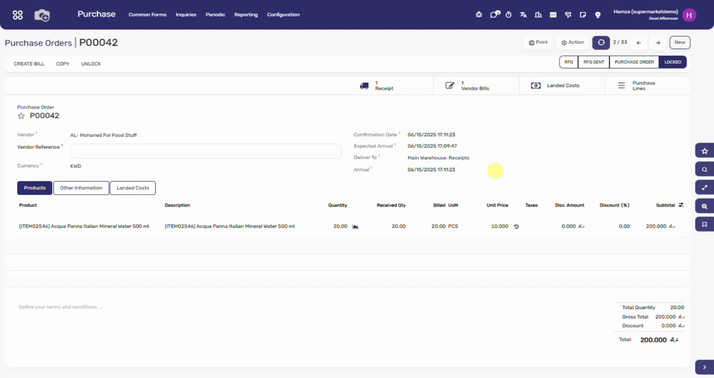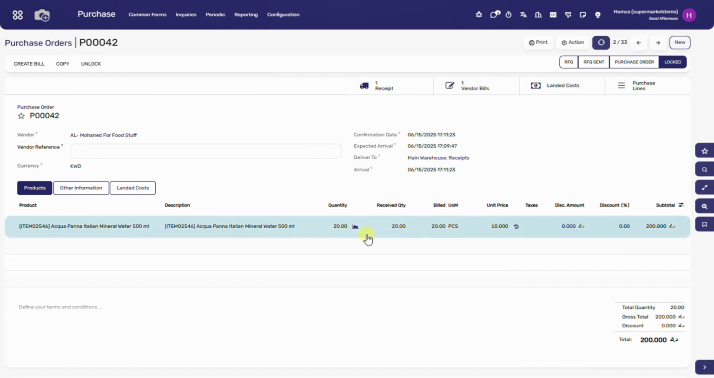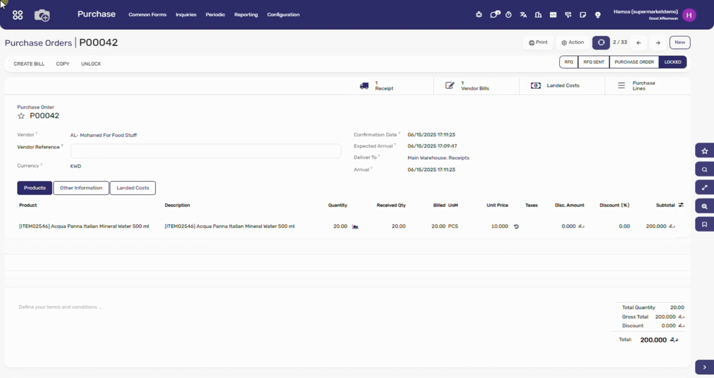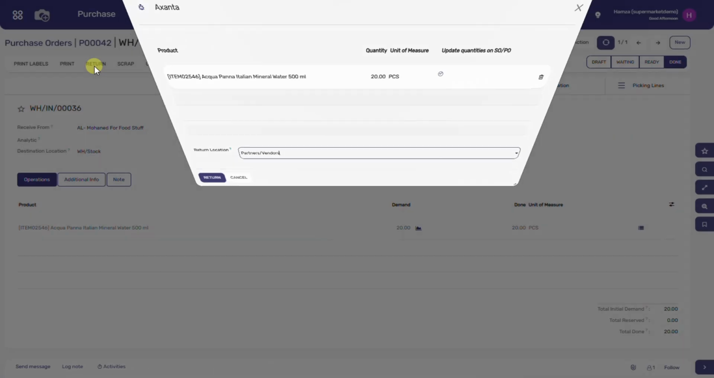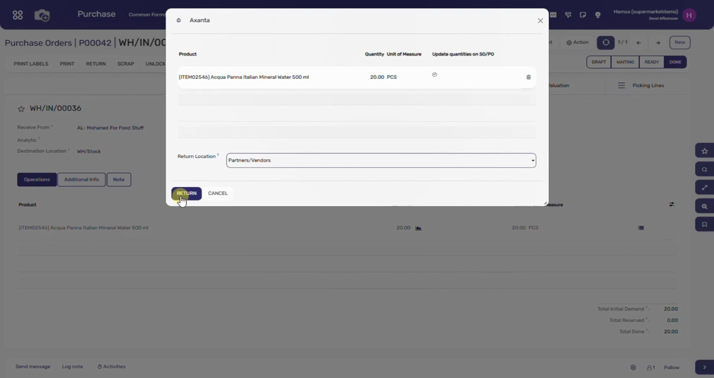Once we have posted the correct purchase order, the second step is to make a return of the wrong purchase order. So as you can see that this is the wrong purchase order of 20 pieces. Now in order to make a return of these 20 pieces, we shall click on this receipt. Then here we shall click on this return button. Then click on this return,